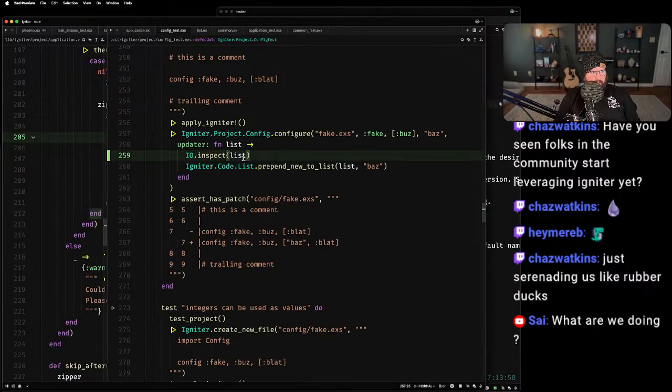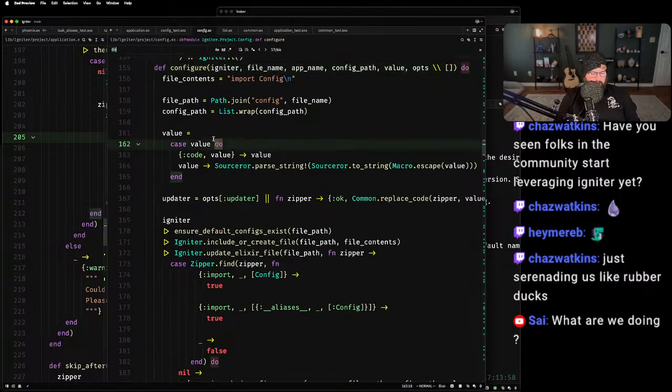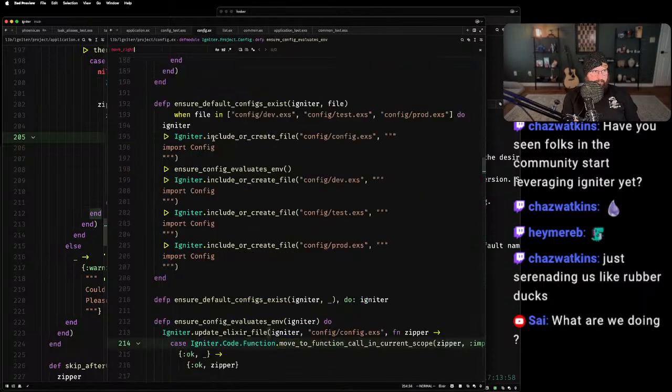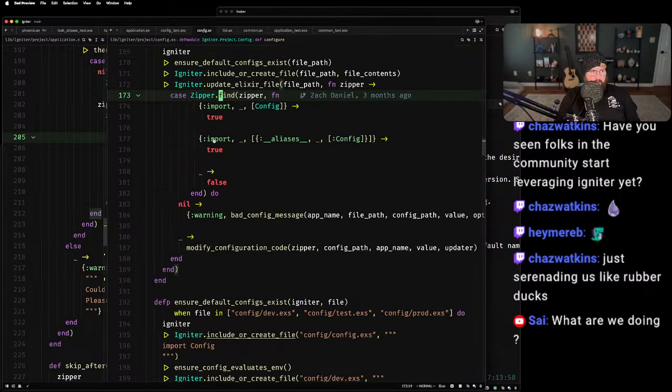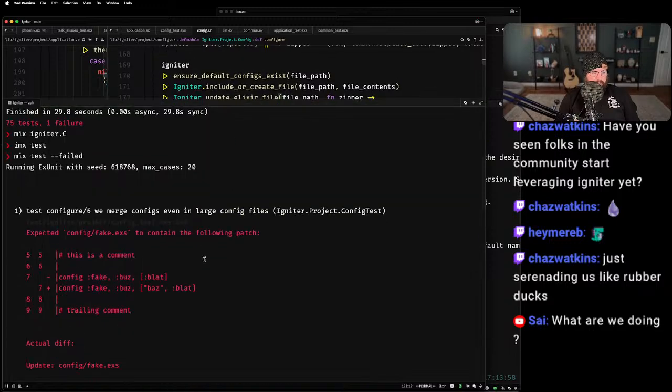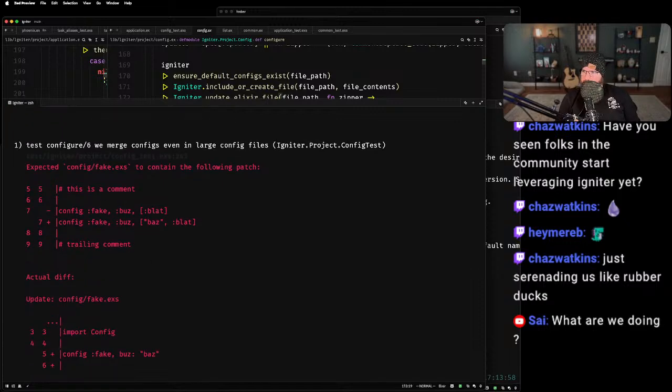Okay, so yeah, we're not even getting here. I'm going into configure. I'm assuming there's a move right. No. Move to list item. There's some call to move right that isn't working. Let's see. Okay, cool.